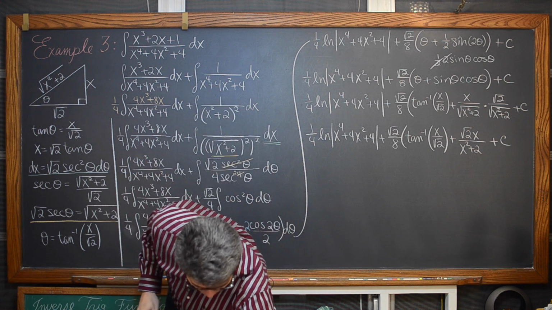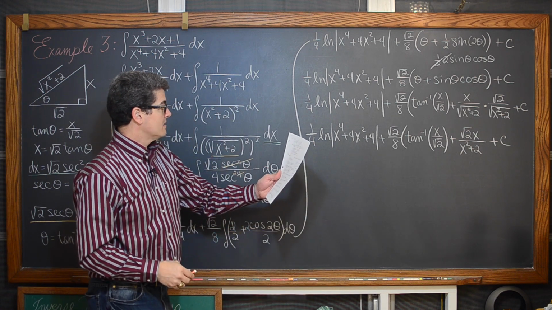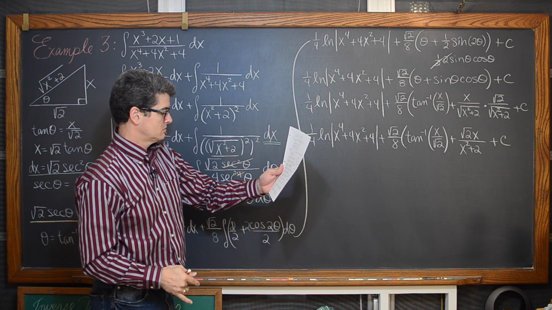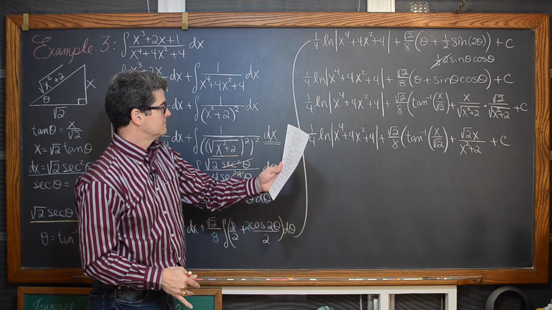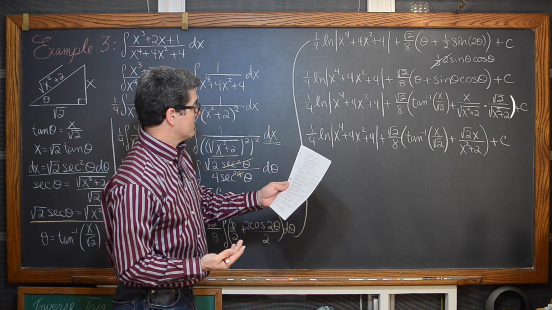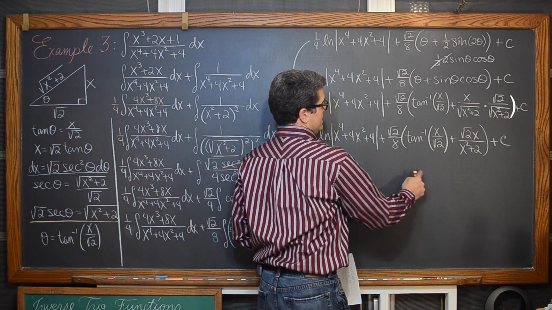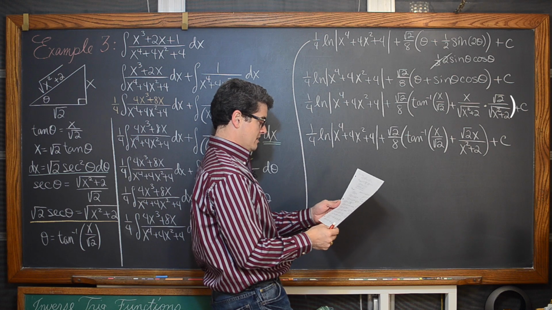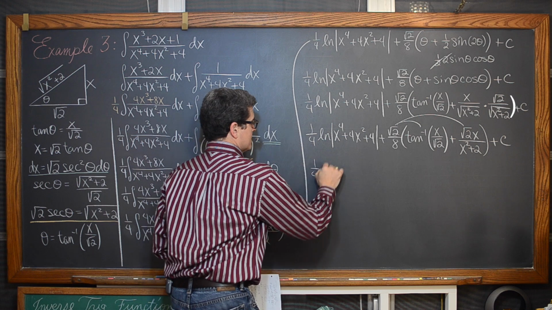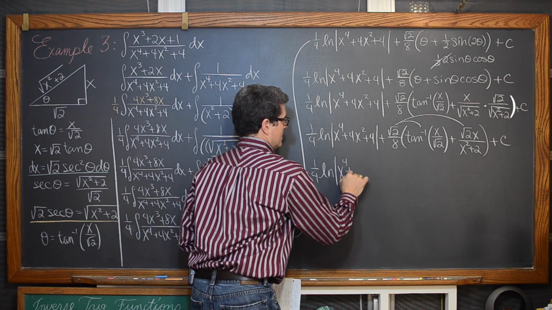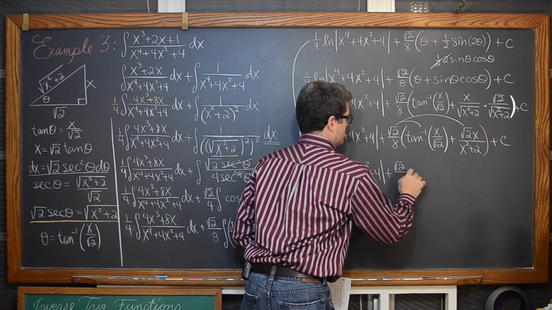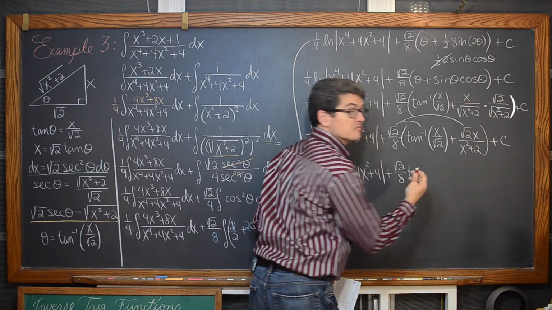let me just double check my work, because it's not like this is a super simple question here. Oh, well, yes, let's go ahead and close that parentheses. And the last thing I'm seeing here is, since it's square root of 2 over 8 times these two terms, just to match up my notes, we can go ahead and distribute that and get 1/4 times the natural log of x to the 4th plus 4x squared plus 4 plus square root of 2 over 8 times the inverse tangent, or arctangent.